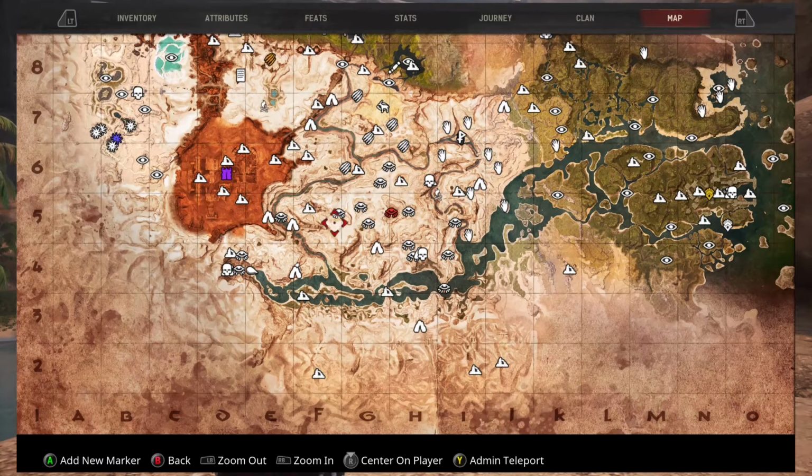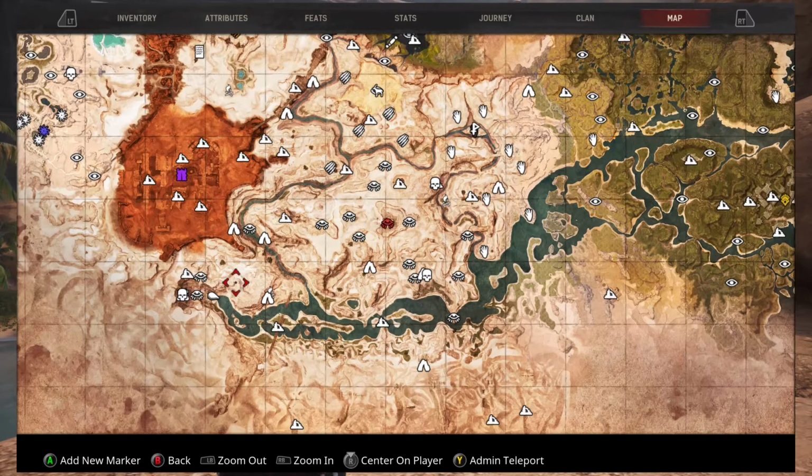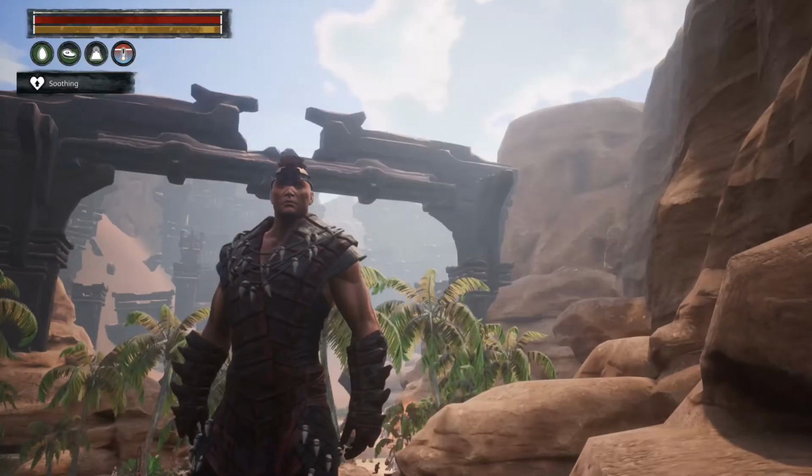So bring up your map here and you will see where I am over here on the corner of the map at D4, and it is called the Dregs, and it has a little village in front of it, if you will, called Skulker's End. And then there's also a camp above it as well. You might end up there first and look down over it, but this is the area you want to go. So once you're here,